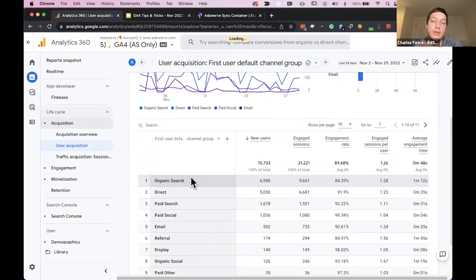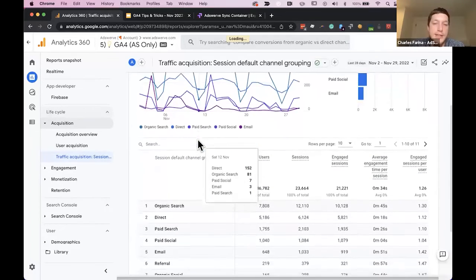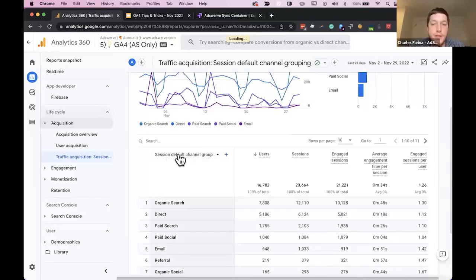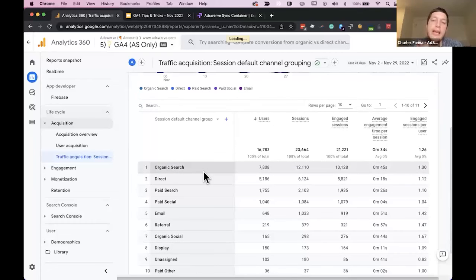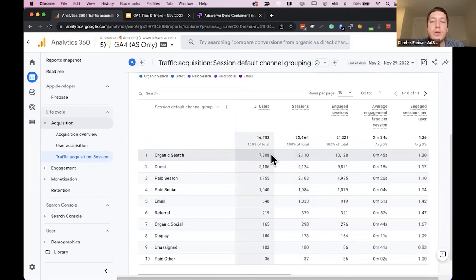If that's not data-driven attribution, then maybe I'll try this report, which is the session. This is the next default traffic source report. And in here, if we look at the dimension, it's called session default channel group. Is this a data-driven attribution model? The answer is, this is also not. I would know if it was DDA, or data-driven attribution, if I started seeing fractions or decimals where things were being divided.